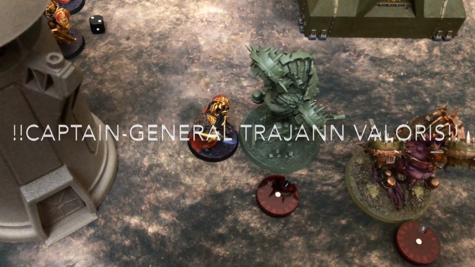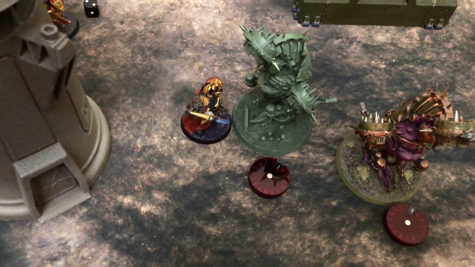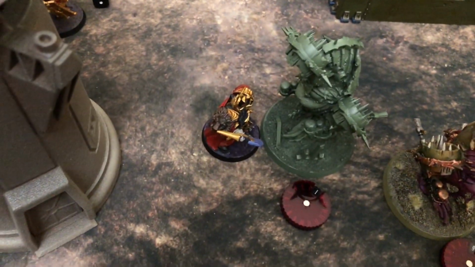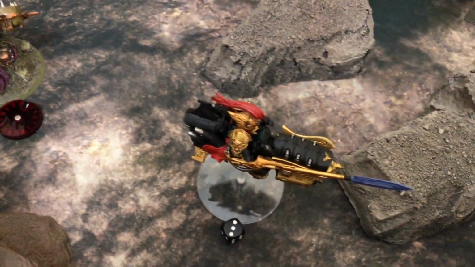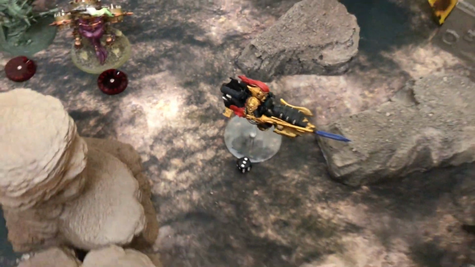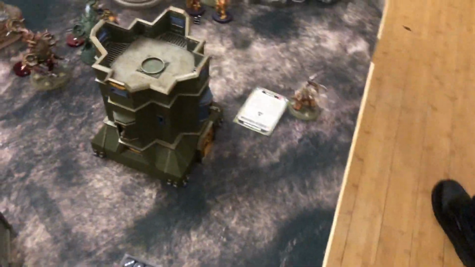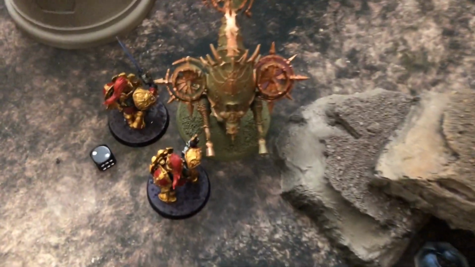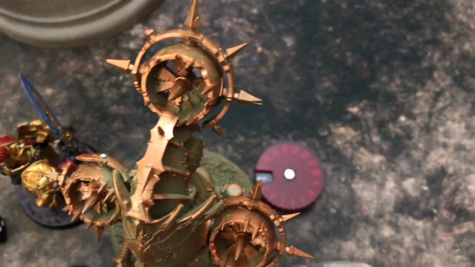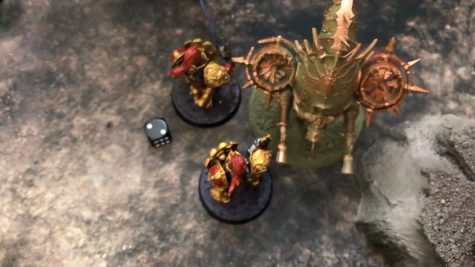Captain General Trajan Polaris. Yeah, the very important dude who is on the High Council of Terra has brought this bloat drone down to 1 wound, suffering nothing in return. The jet bike captain over here has killed the Demon Prince, although he took 2 wounds to do it. And then, as I shuffle over to this side of the board, the 2 Custodes over here have taken the bloat drone down to 2 wounds,